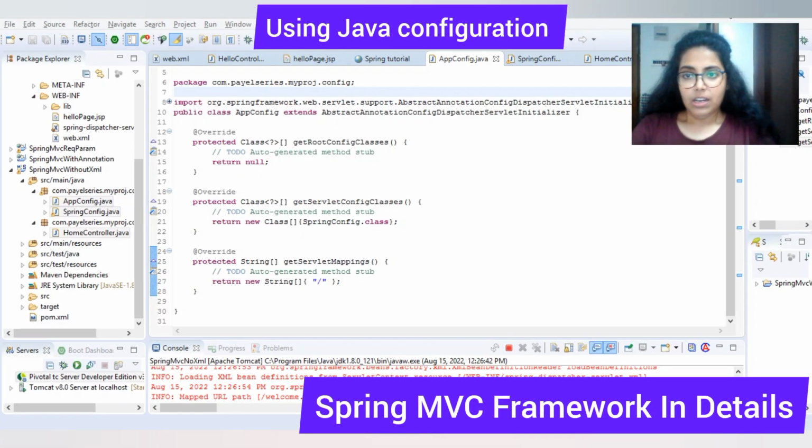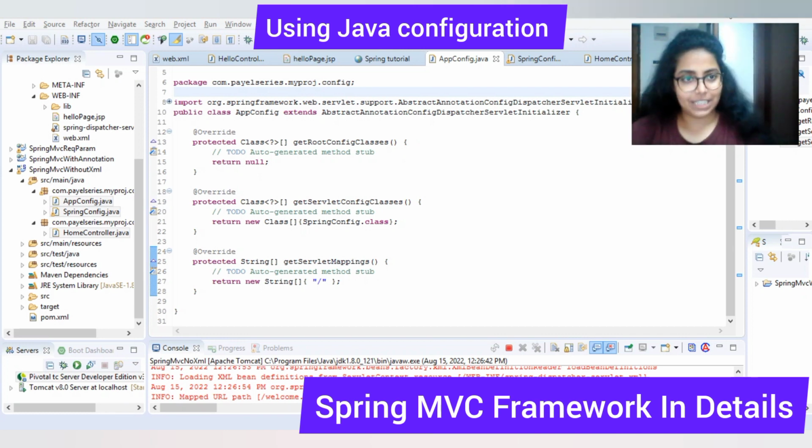framework. In today's video, I'm going to discuss how you can create a web application using Java configuration in Spring MVC. I'll also get into much more detail and depth about all the classes that are involved when you are creating a web application using Java configuration in Spring MVC. So, let's go. Okay, so now we will understand how this XML configuration can be mapped to a